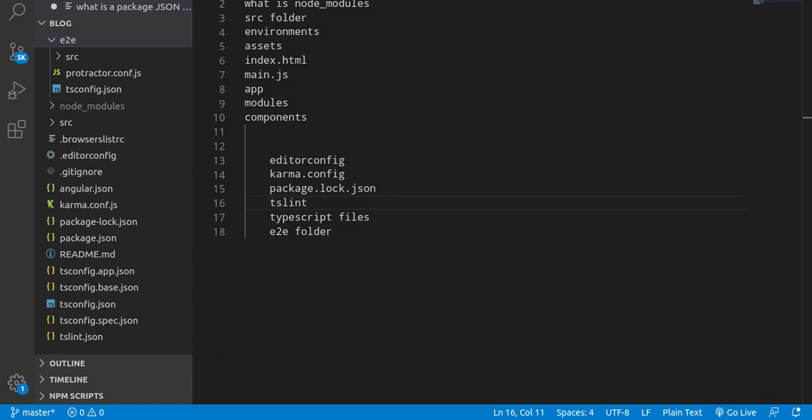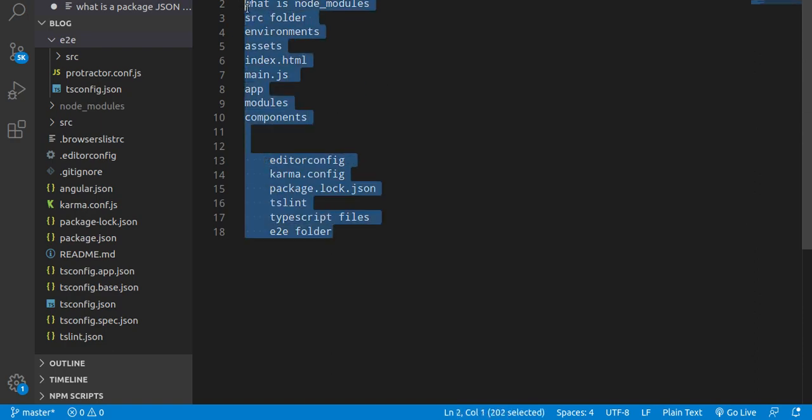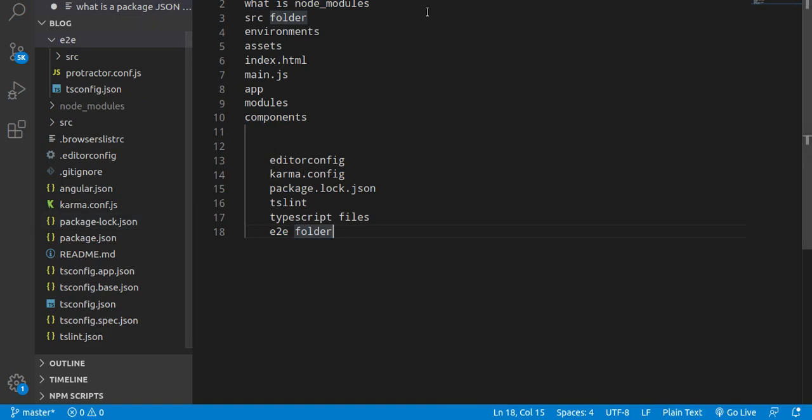So I just divide the folder and files in the two parts, one for the beginners or the fresher levels, so that if you are a fresher or you are a beginner level, then at least you need to know these files, right? And if you are intermediate or the advanced level, then you must have to know all the files, and these are the other files which are important for the advanced level developers, these files plus these files, right? So now let's look at the first file, which is the package.json file.